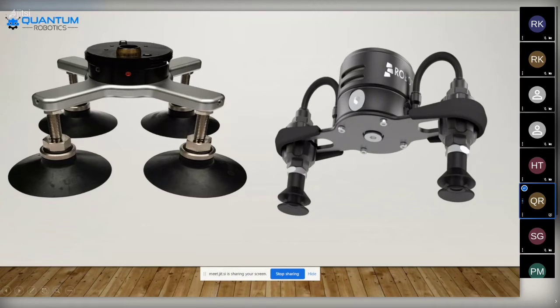Like that, there are different types of models according to the companies, and different angles. Here they are using a two-suction process, in which one circle can lift 4 bar and another circle can pick up another 4 bar, so a total of 8 bar pressure is added over here. Here the air distribution is like 2 bar and 2 bar, so 6 bar air pressure is there.